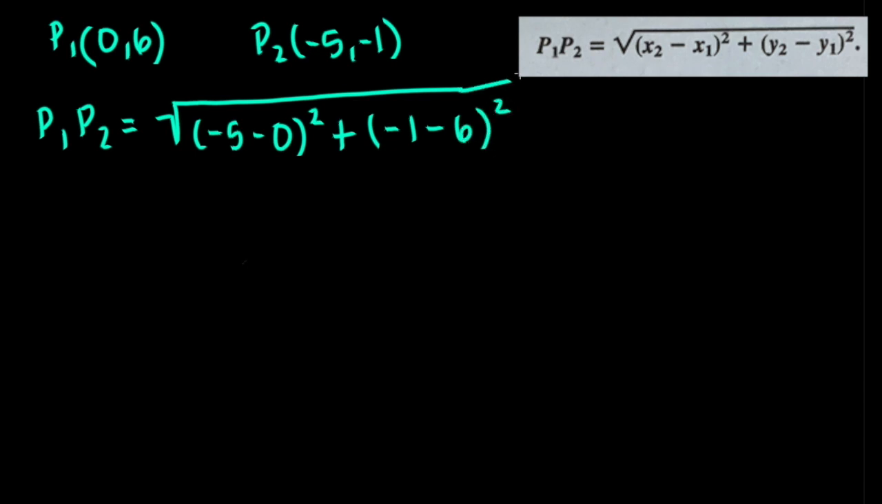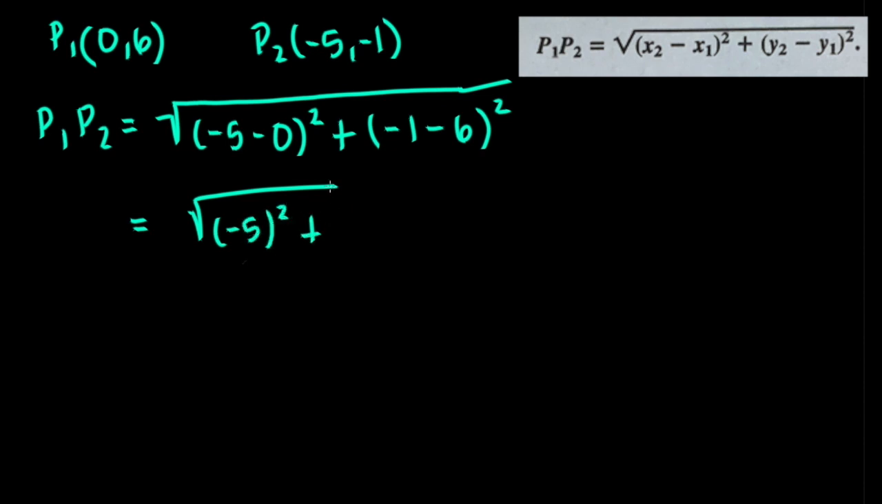I'd like to remind you that it doesn't matter in which order you're subtracting the x or y coordinates. Remember how early on in the video we proved that the absolute value of a minus b equals the absolute value of b minus a. So it does not matter if you're subtracting 0 minus -5 or -5 minus 0. -5 minus 0 equals negative 5. So we are going to have a negative 5 squared